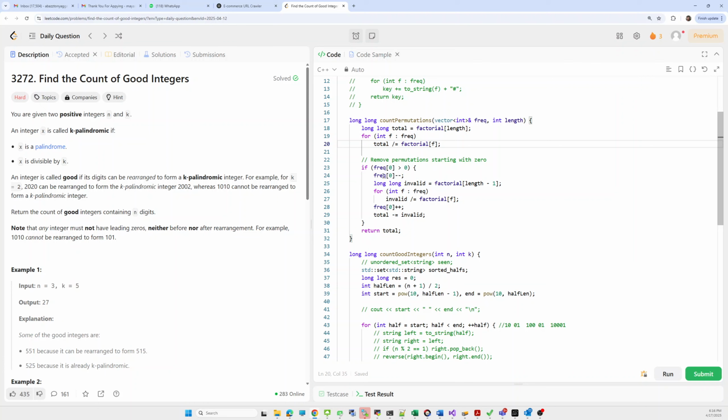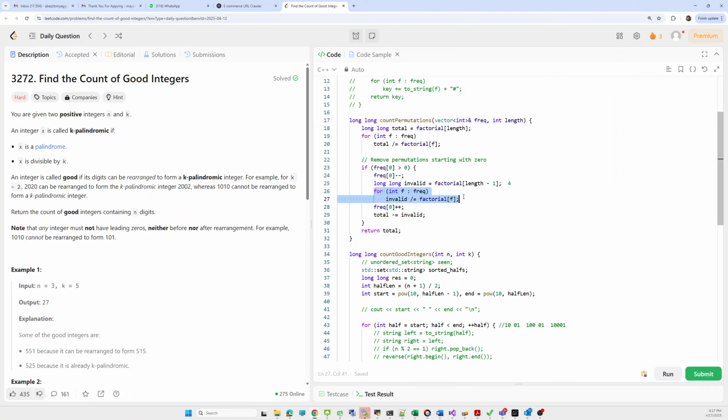While iterating, first we decrement it and calculate the factorial of length minus 1. It means if the current digit size is 5, to remove the leading 0 part we have to check the 4-digit possibilities, which is factorial of length minus 1, and also update for the other frequencies.